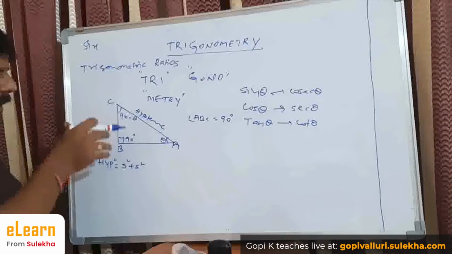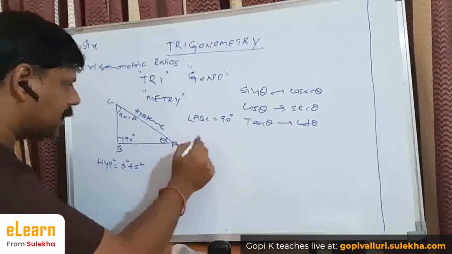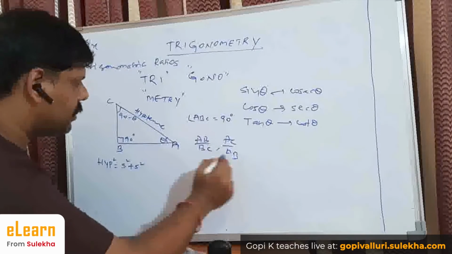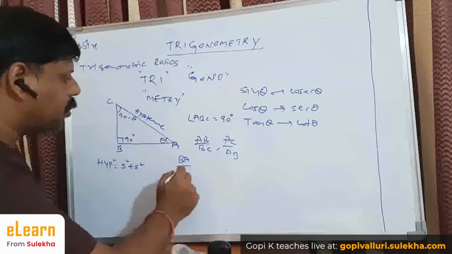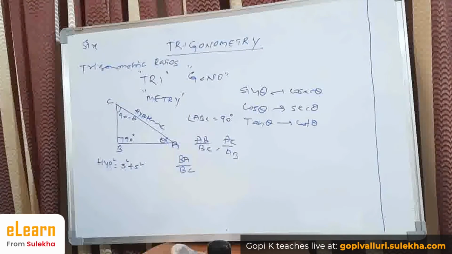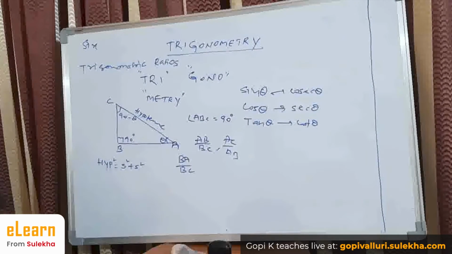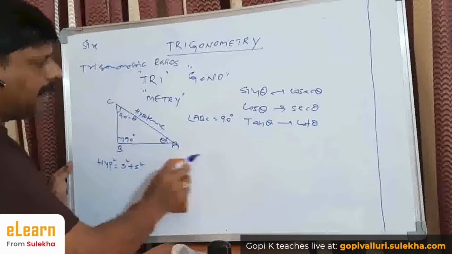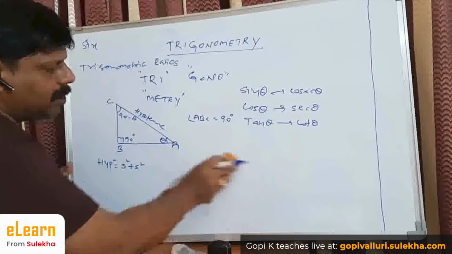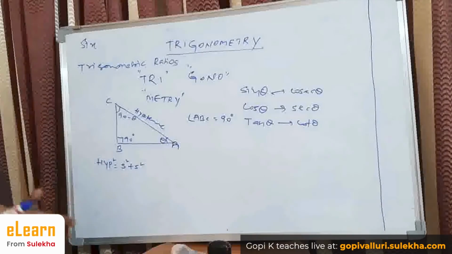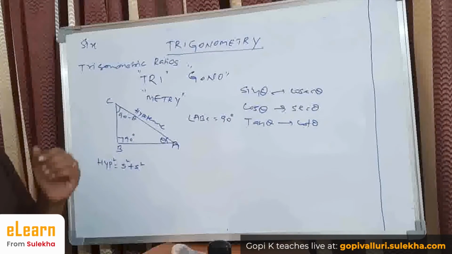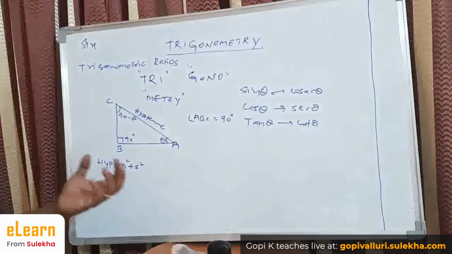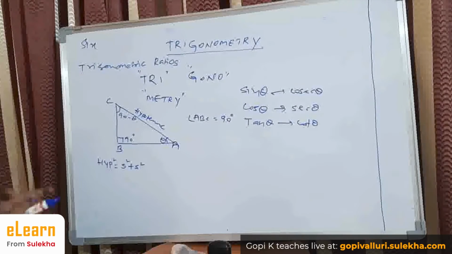Because in this right angle triangle, I can write ratios like AB by BC, AC by AB, like that. As you wish, you can write so many ratios. But how do you remember these ratios? For that, we have given names to some ratios, and we call them the 6 ratios, the most frequently used. The 6 trigonometric ratios defined in a right angle triangle are sine theta and its reciprocal cosec theta, cos theta and its reciprocal sec theta, tan theta and its reciprocal cot theta.